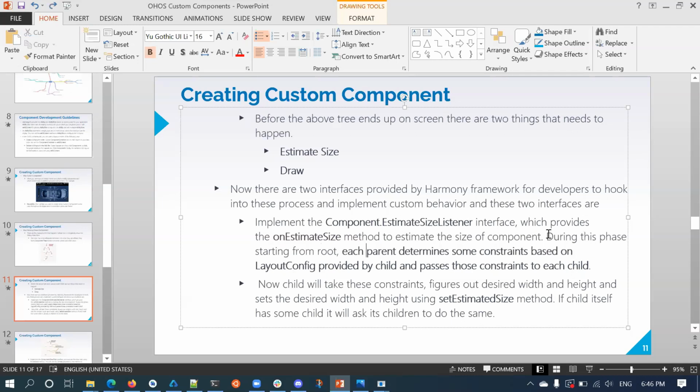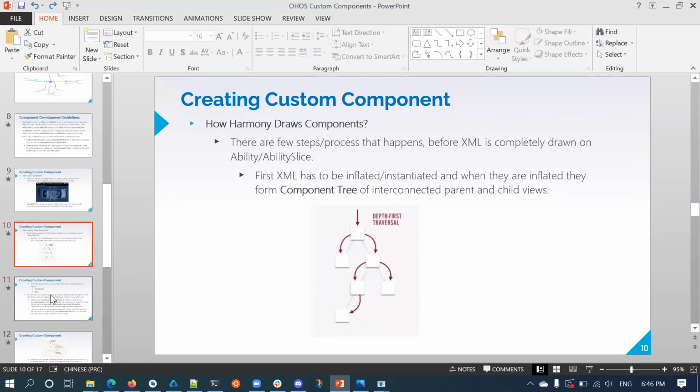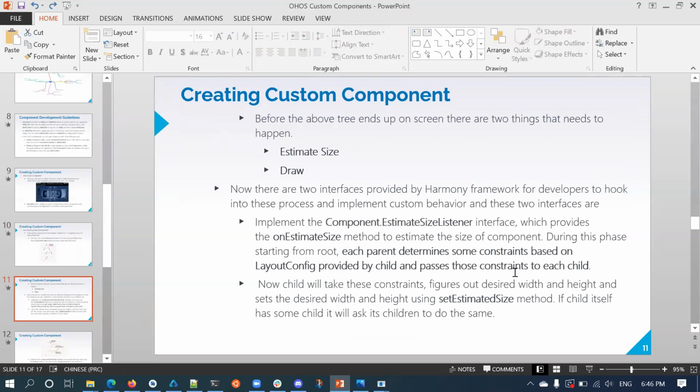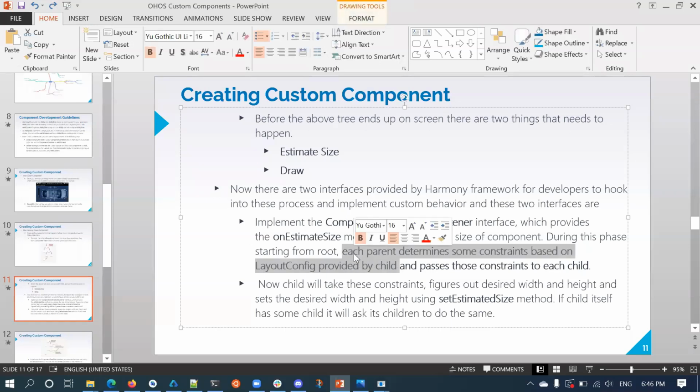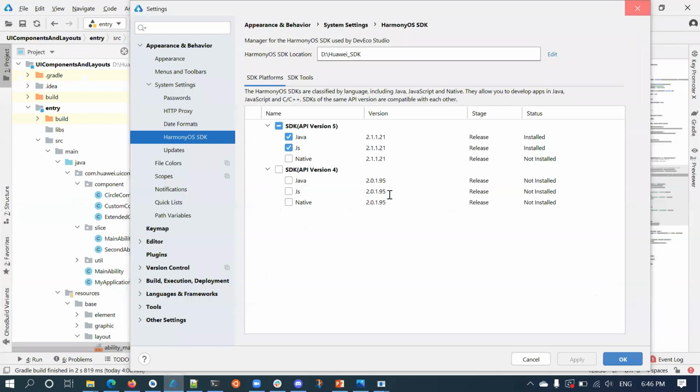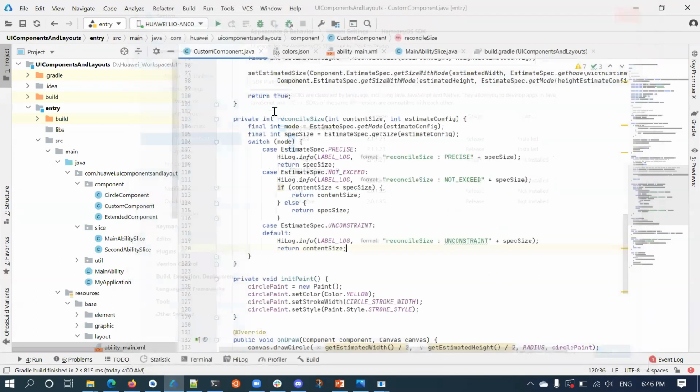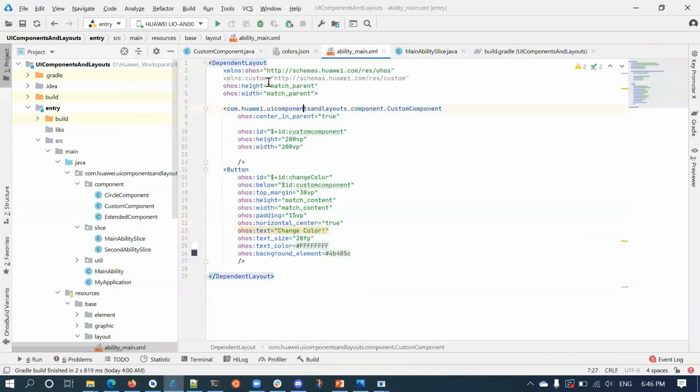So when the OS actually comes to this phase, what it will do, starting from the root in this diagram, each parent determines some constraints based on the layout config provided by the child. So what this means, for example, you take this XML. This is the root, right?